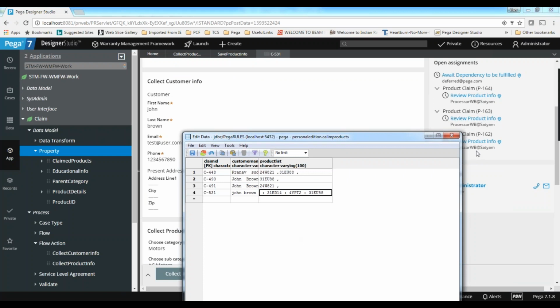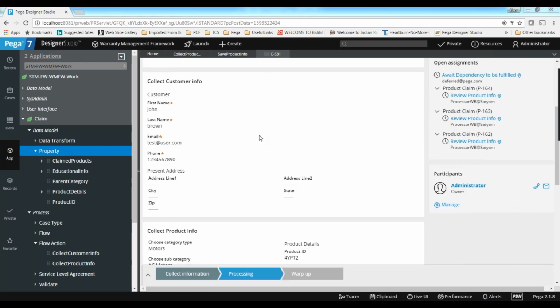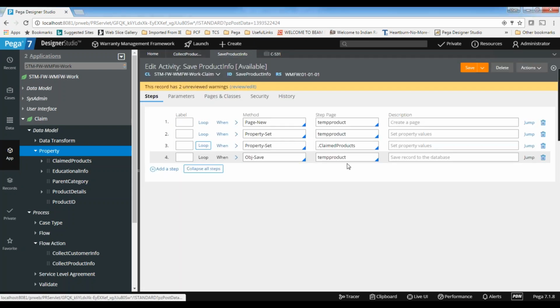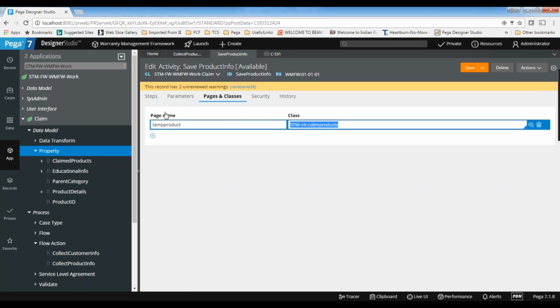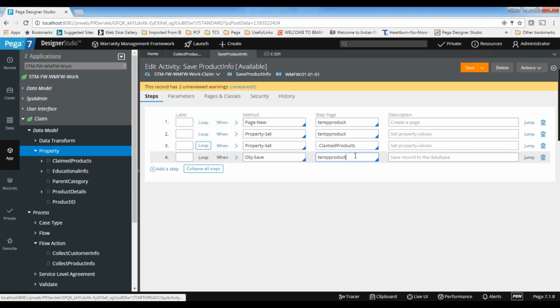So that's how you can save the data into a database. You can save into any database table. It's not just one database table. But here we don't work on the database tables directly. Rather we work on the class objects. Anyway, this class is mapped to a database table, so when you persist the object, it will be persisted into the corresponding database table. So Obj-Save will actually persist, will save the object into that corresponding database table. So any doubts here?